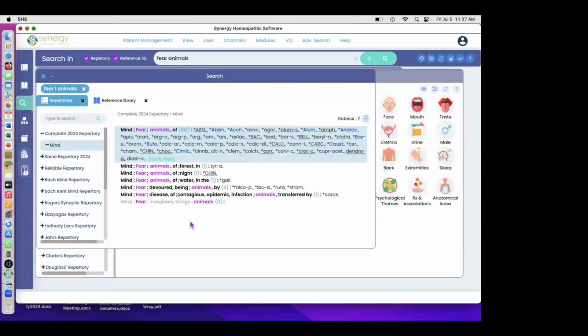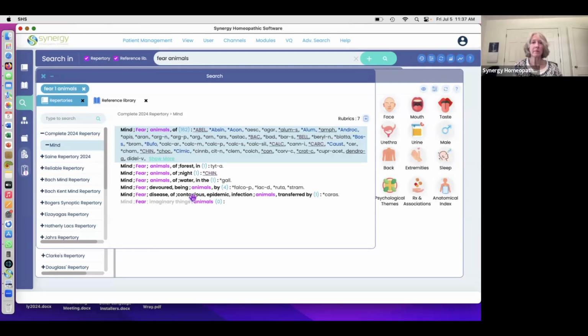Lucy, you mentioned a moment ago about having multiple windows open, and sometimes perhaps it can be a little busy. Can you show how to change the color of the Materia Medica window so that it pops out? Sure. So if you're over here